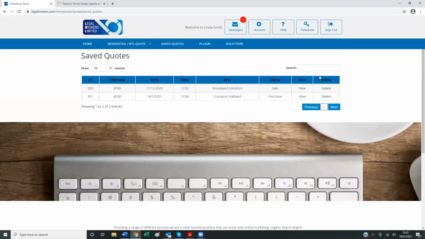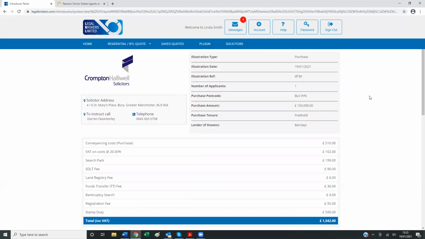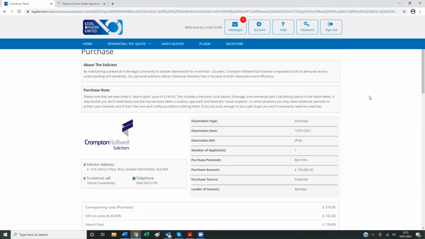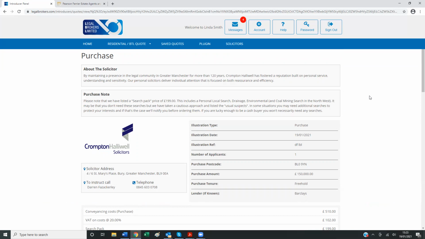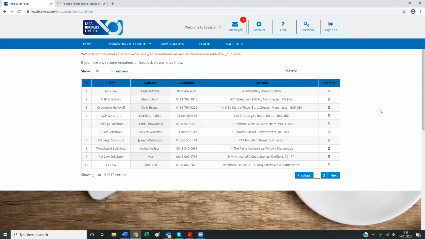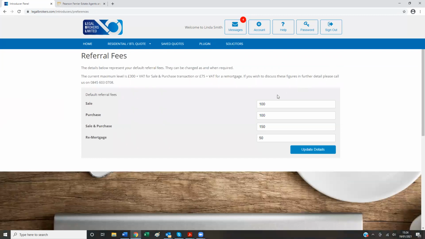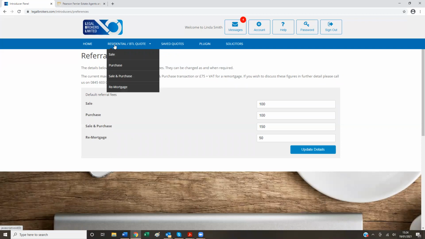On the saved version, you can see all the quotes that have been generated, and you can hang on to those or your estate agent can hang on to those for later review. You've got the panel list there, which the estate agent has control over. You have the account mechanism, so the estate agent again can nominate the referral fee. This is specific to the estate agent or the broker being in charge versus the first mechanism where the solicitor's in charge. And that, in a very brief nutshell, is it. It's a 2-minute job to generate quotes.